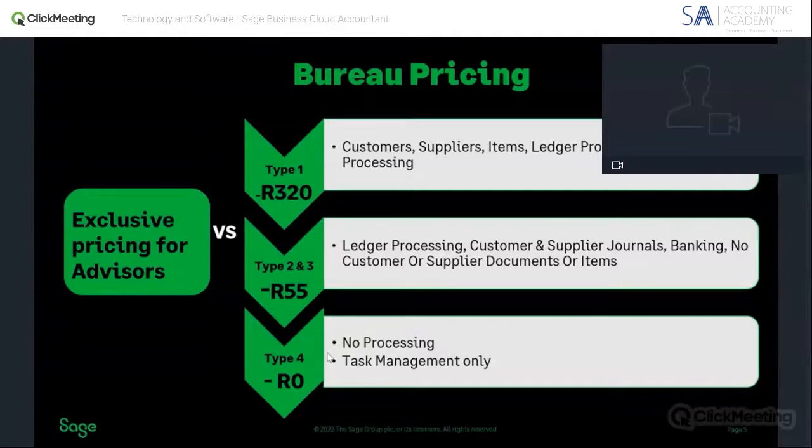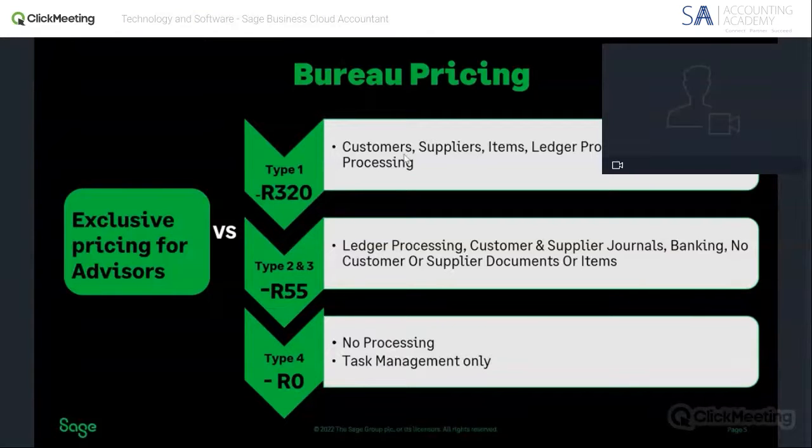We do cater also for just you having a client on the system and keeping them on the system, and you don't have to pay anything. And that's also good, just to have those records of that client there on the system, and you don't pay anything for that client, and you put it on type 4, meaning that you're not going to process on this account, but you do keep it on the system. And the day maybe that client comes back, you can just merely activate it and put it on type 1, and you'll have all that functionality back up and running again.